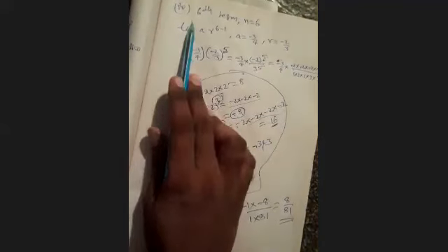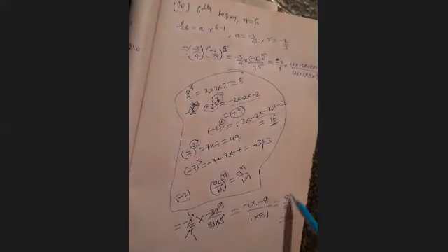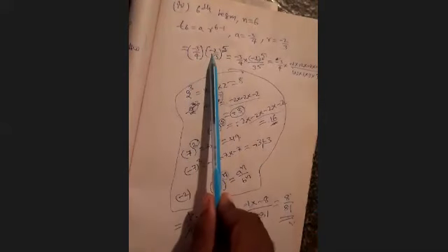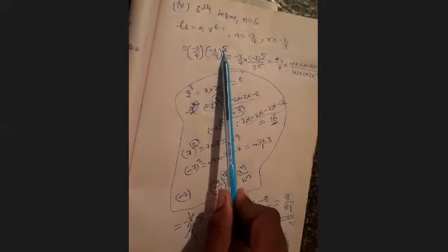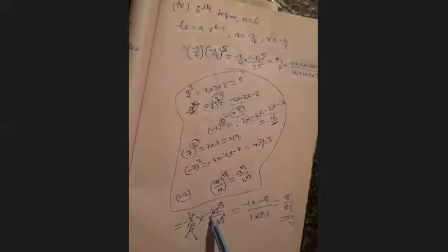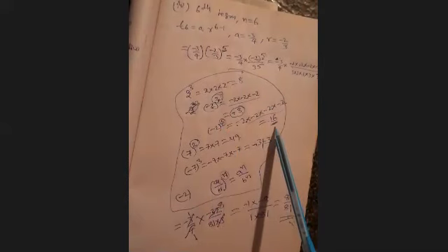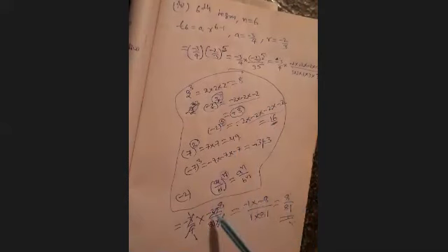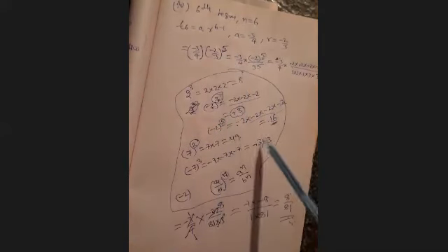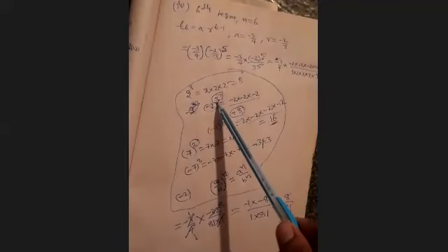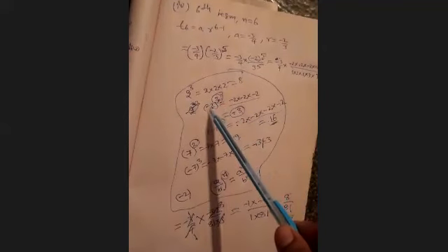What is being asked? The sixth term. The sixth term is 8 by 81. Again I'm telling you, don't get confused. For a negative value, if you have an odd power, you will get a negative value. The product is negative. For a negative value, if you have an even power, the product is positive. Why? Odd power, the product is negative. Even power, the product is positive. Why? Odd power: minus 2 power 3. So it is a minus value, but the power is odd, so the product we should multiply.